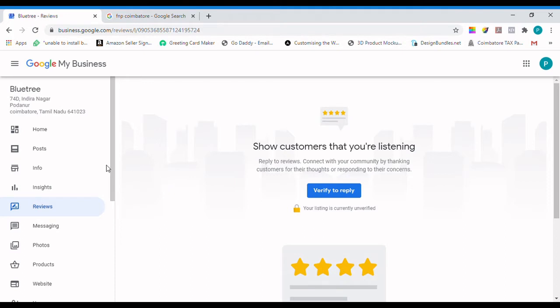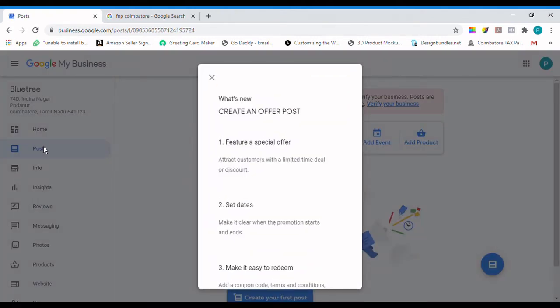The next important section we'll see is posts. You can offer a special discount to attract customers with a limited time deal or a discount. The second is that you can set dates and add a coupon code.